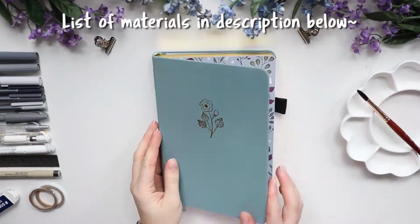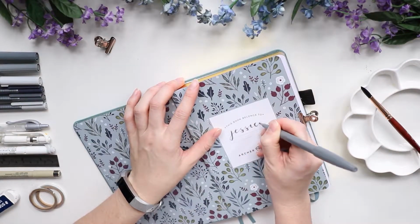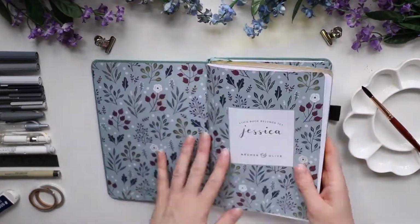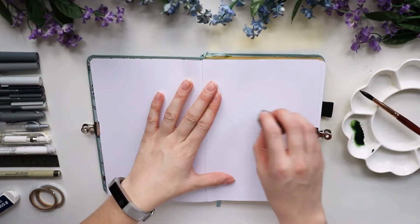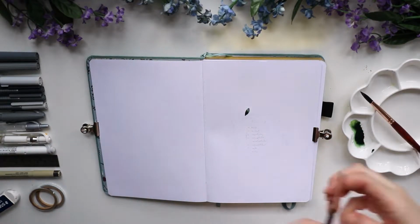For 2020, I will be using another Archer and Olive notebook. I really enjoyed my first one for July to December of 2019 and being able to use multiple media types. For these spreads, I decided to go with a simple wildflower theme with silver accents. The day I filmed was also the first day in a while we had sun, inconsistently, so I apologize for